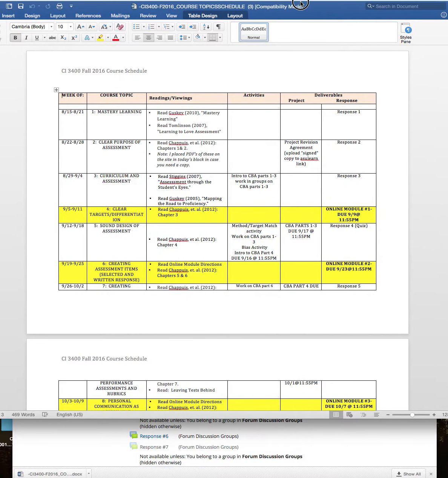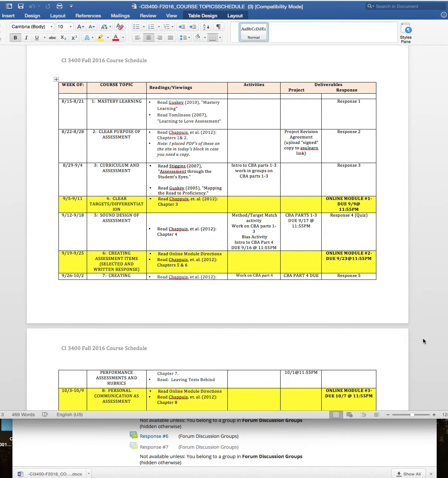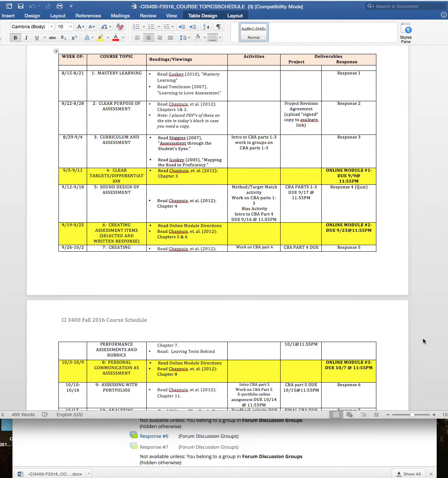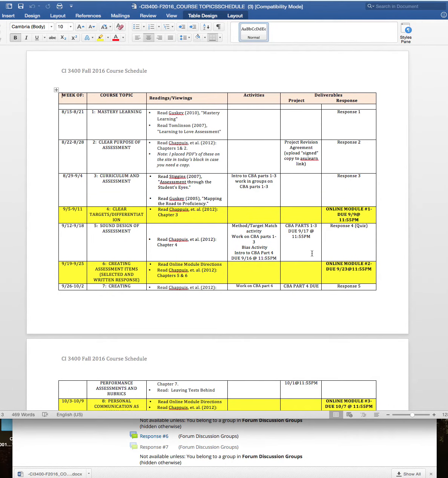But I always print this out and keep it in my notebook so that I know what's going on. So you can sort of look at it at a glance. If somebody says, hey, let's go to the beach, or let's go have a day in Asheville, you can look here and see what's due, and you're welcome to work ahead if you want to work ahead and get things